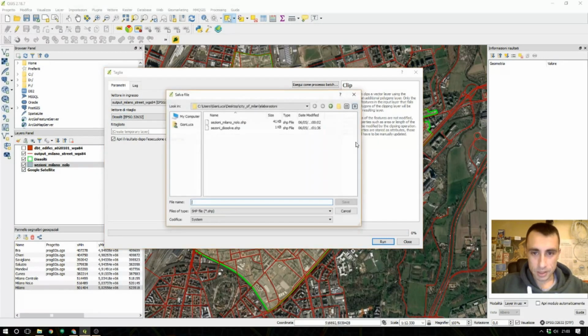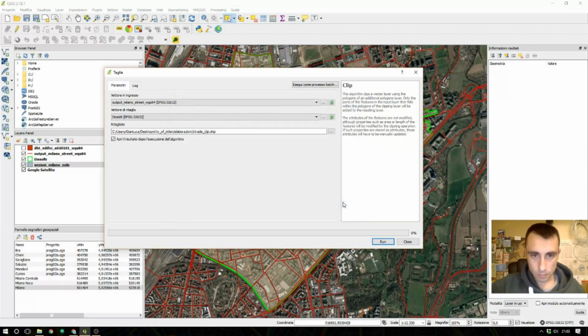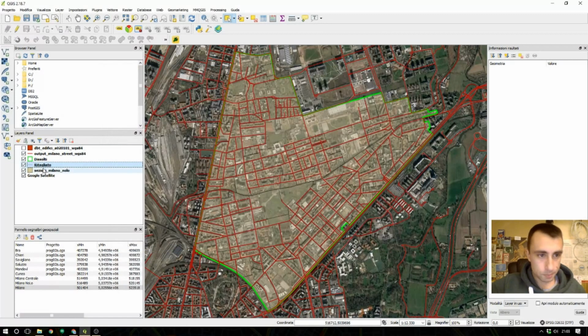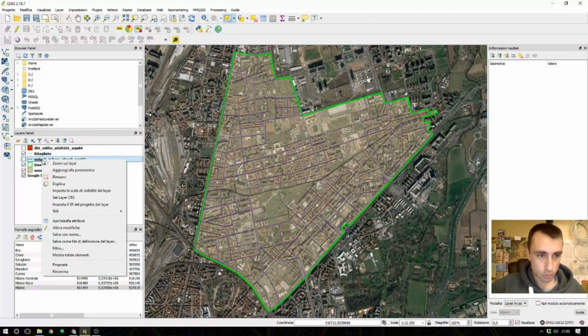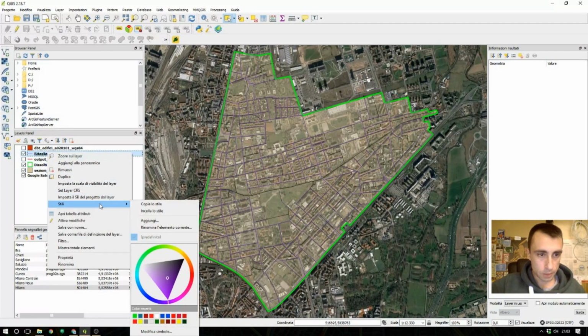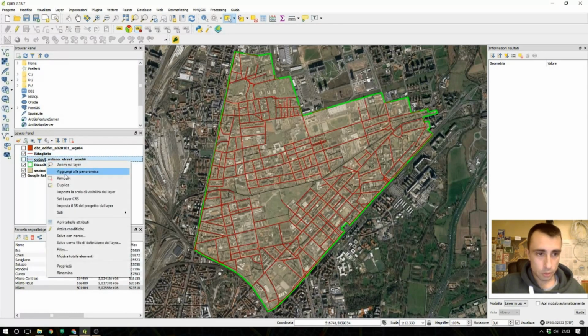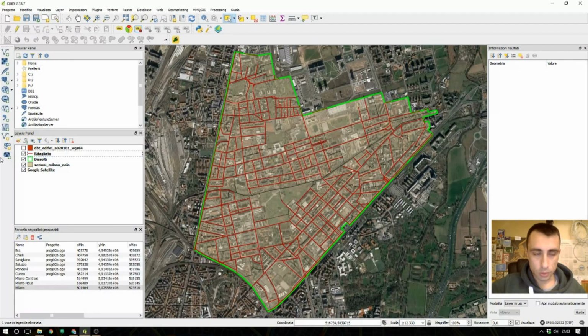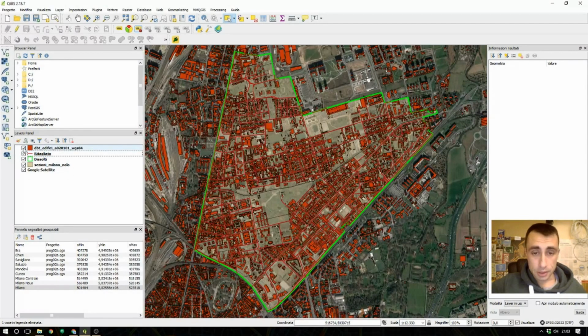We also save as a file here. We call it clip street, and I save. After the execution of the algorithm, I right click on the output, make a copy of the style, and on the new shapefile do paste style. And it gives me the streets of the area with this clip.